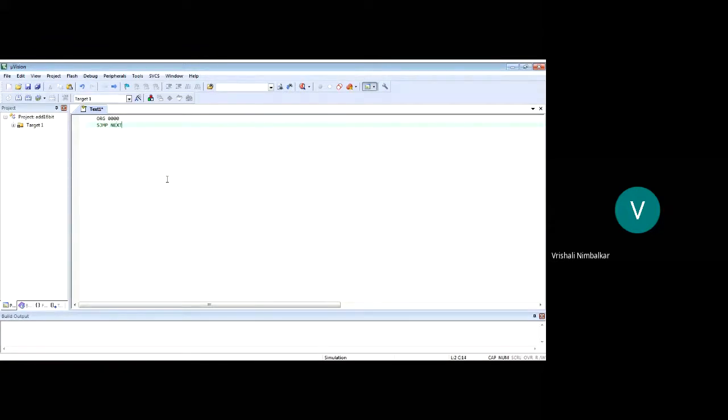So I say SJMP next. This is a label. Short jump is an instruction for the microcontroller, whereas ORG is an assembler directive. The microcontroller does not understand assembler directives.